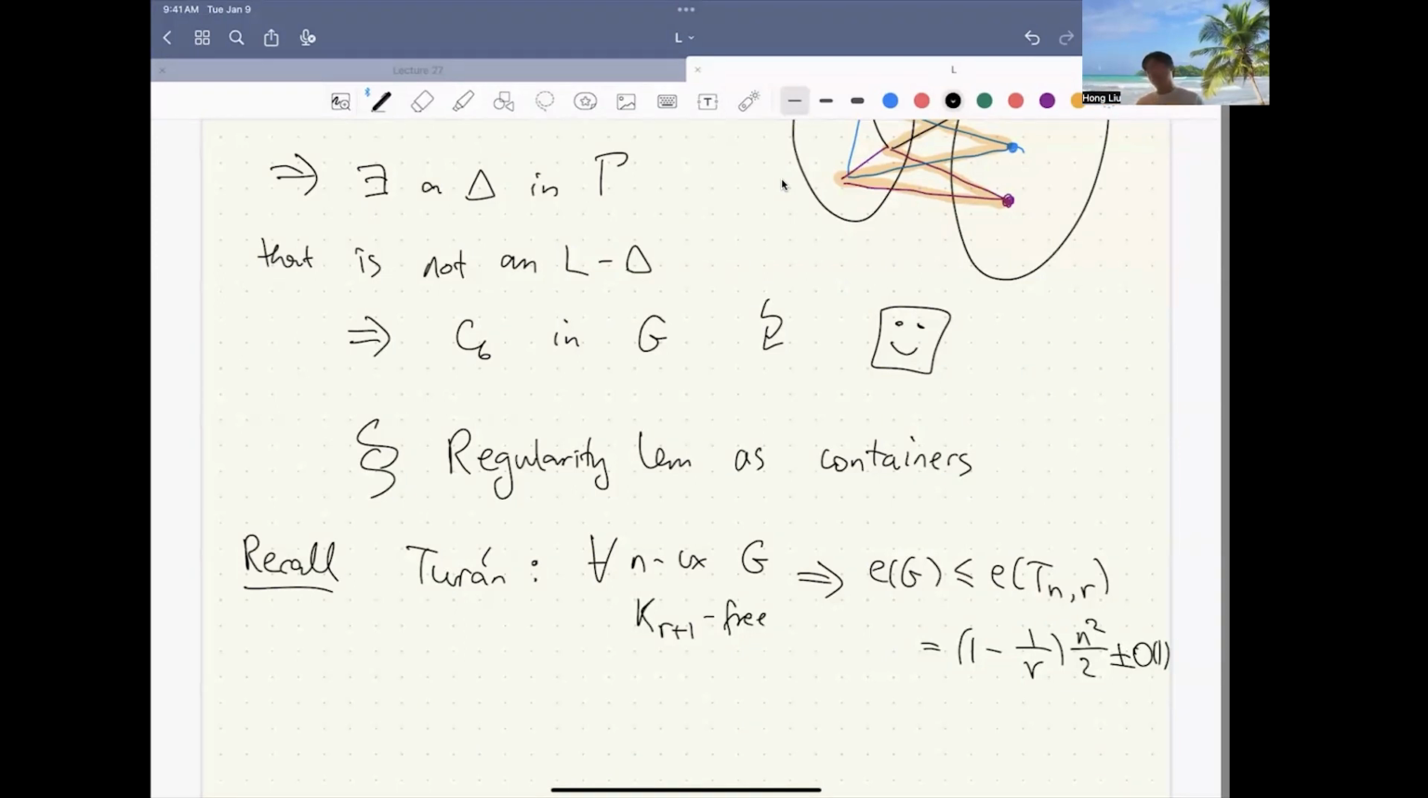Okay, I think something like this. This constant depends on R. Okay, now